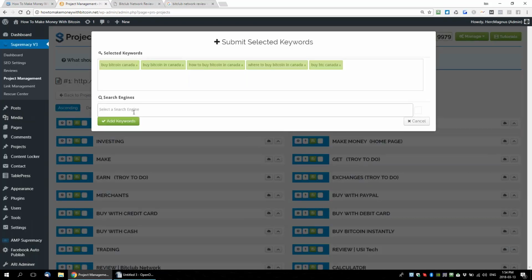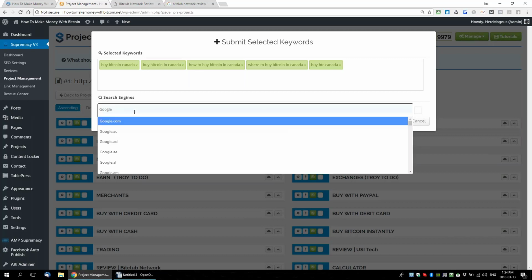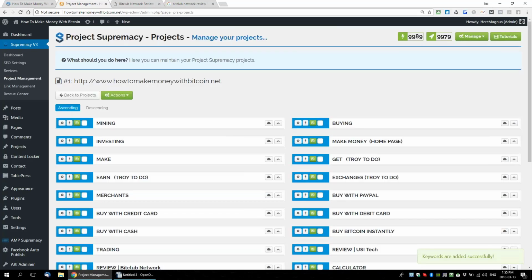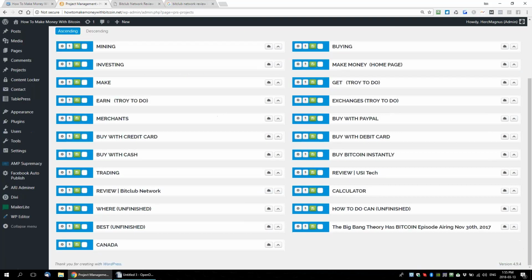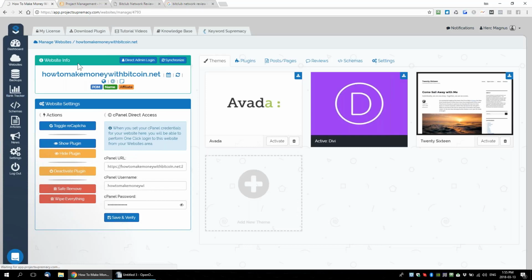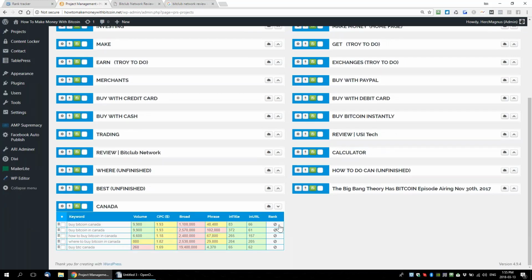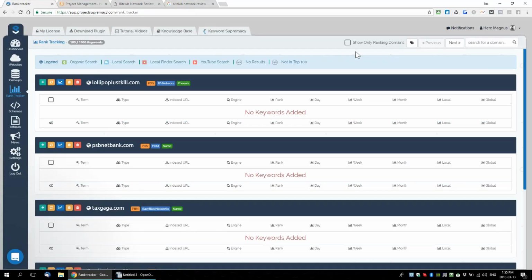It'll load up the keywords and ask me what search engine. I obviously want google.com. And then I add the keywords. So that's 5 keywords that I'm adding to my rank tracking allowance, or subtracting from my rank tracking allowance. Obviously, me being the developer of the plugin, I have a ton of everything. The other place that you could do it is in the rank tracker itself. Those 5 keywords that I added on the project will now be shown on the project itself, which I find very helpful, but it'll also show in the rank tracker